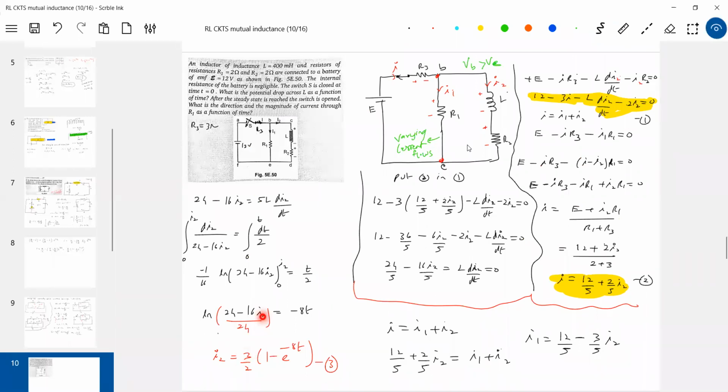Then how to calculate the time constant of the circuit? Where there is a cell, replace it with a short circuit. Then find out the effective resistance. So it will be R1 parallel to R3, and that effective resistance will become in series. Then the effective resistance as seen by the inductor, then time constant is L by R, L by effective resistance. What we did earlier in the RC circuit, you can apply here also. Directly you can write this equation. Once you know this equation and somehow you write this, you get I1. So we need